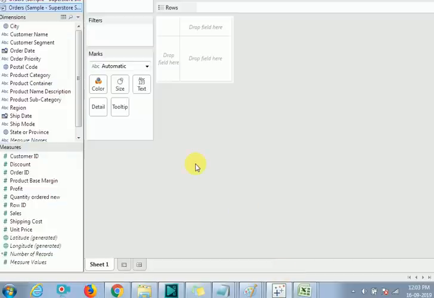Okay, right now we are here. As you can see on the left-hand side, there's something called dimensions, and something called measures. What is the difference between dimensions and measures? Dimensions are nothing but